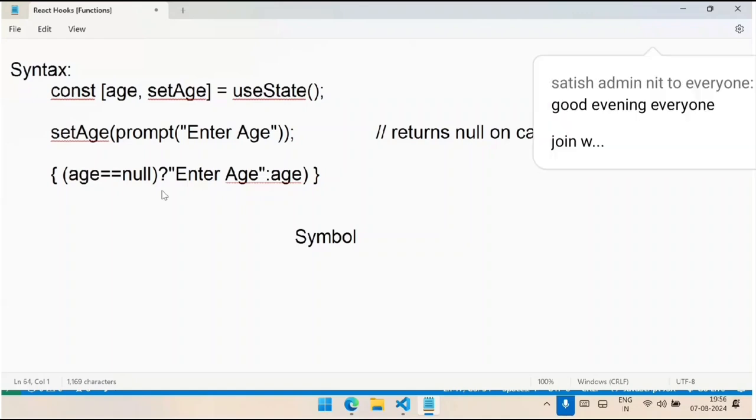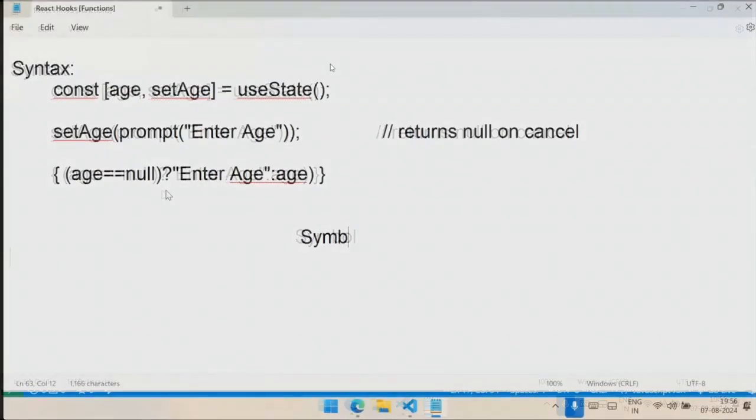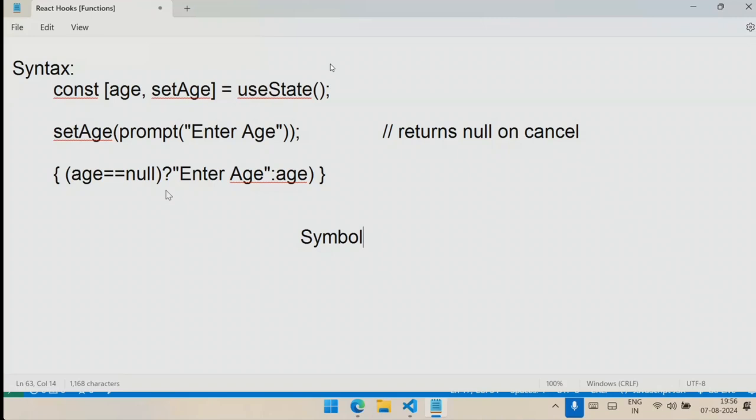What is the symbol type in JavaScript? So usually